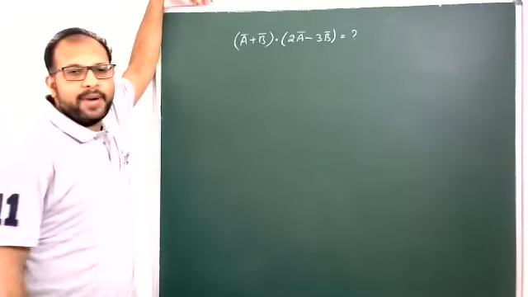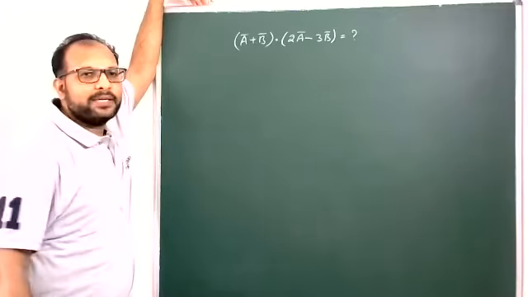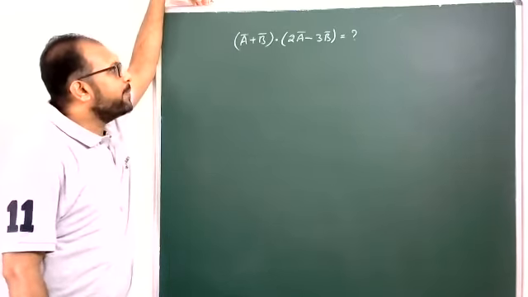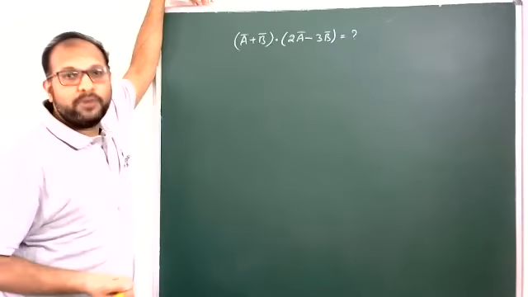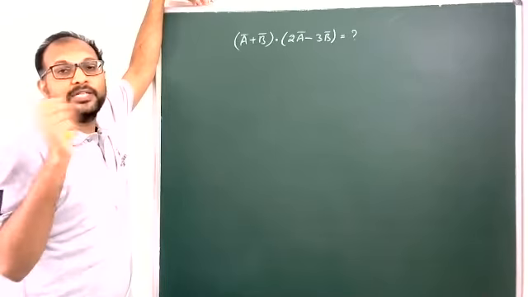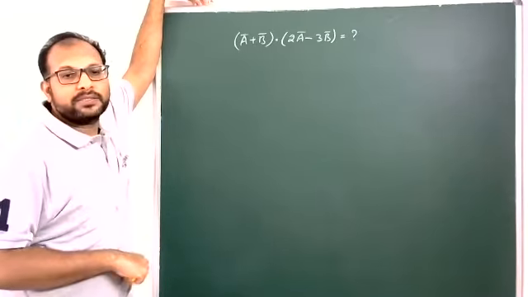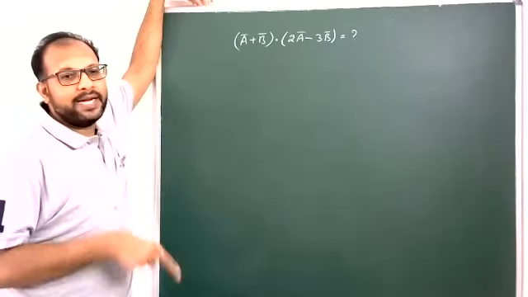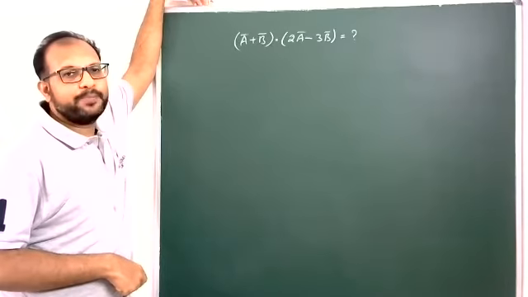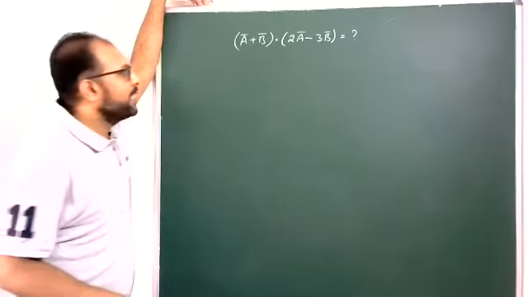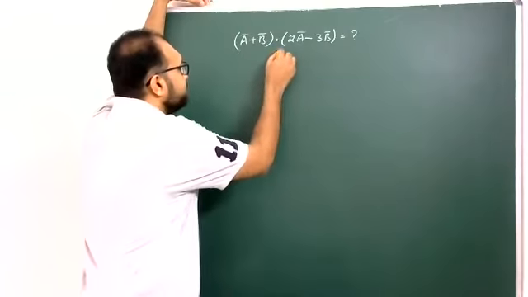Yes, students, A bar plus B bar, that is one vector. 2A bar minus 3B bar, one more vector. So between two vectors, dot product. So finally we will get only one number. Dot product is a scalar finally. Yes, here